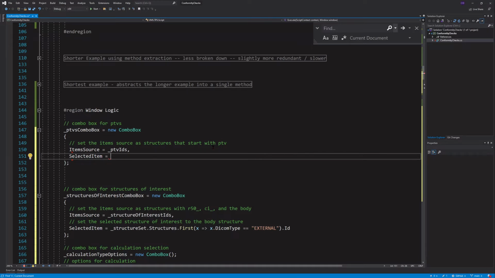We're going to test if the plan dot target volume ID, so let's do string dot is null or empty. And so if it equals,